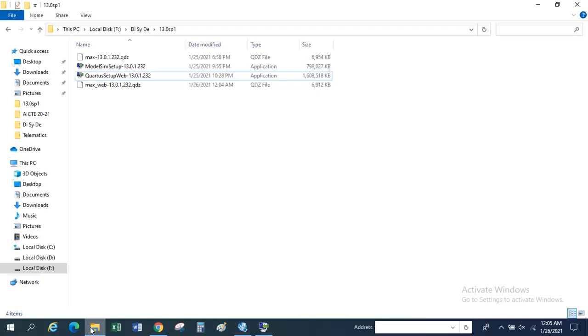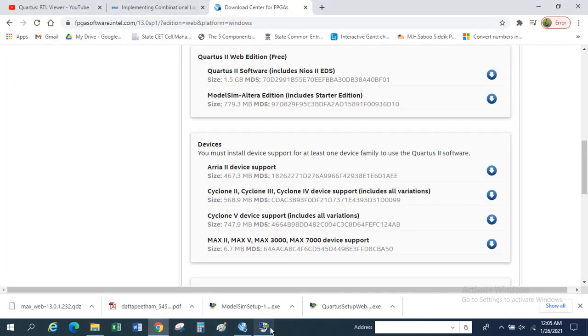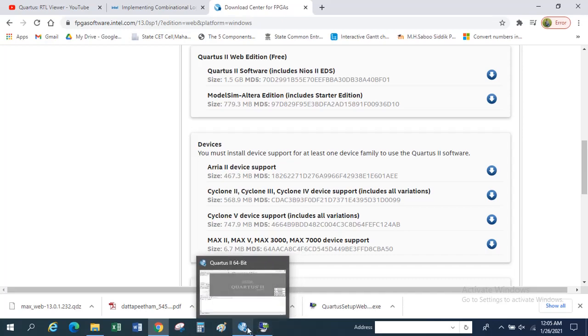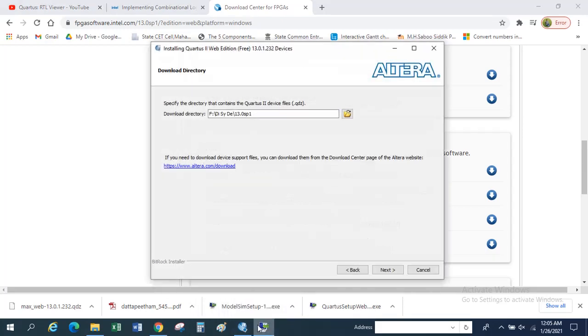Now as you can see, in the folder there are two Max files, and one is 6954, and this is my current one which is complete. Another one is 6912, which was incomplete, so only that file is incomplete.